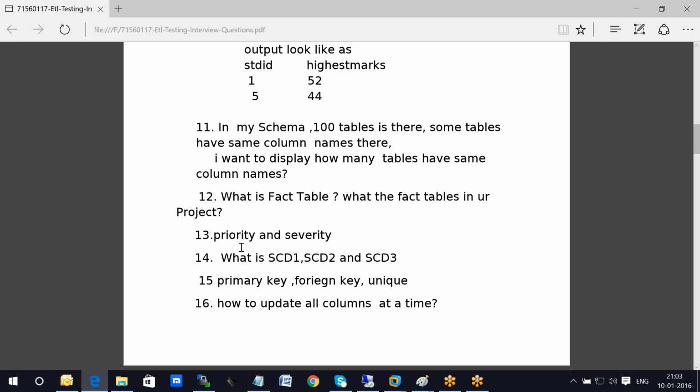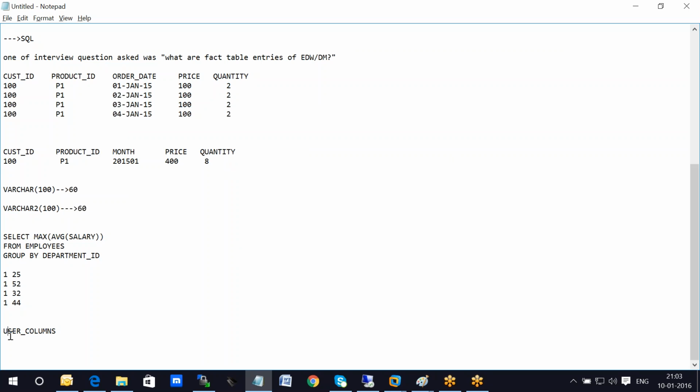So basically, you need to use a subquery to do that. So let's say select star from user_columns. Let's say this is your outer query, and where you need to use an exists and write the condition as